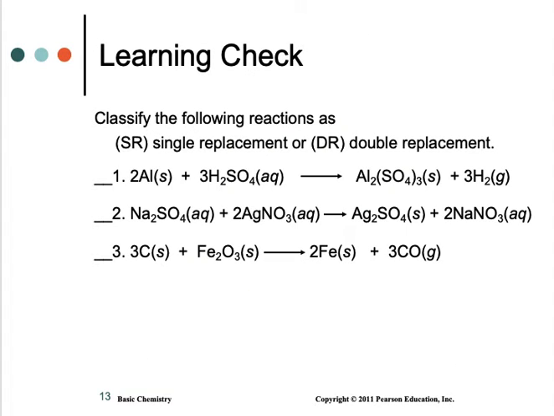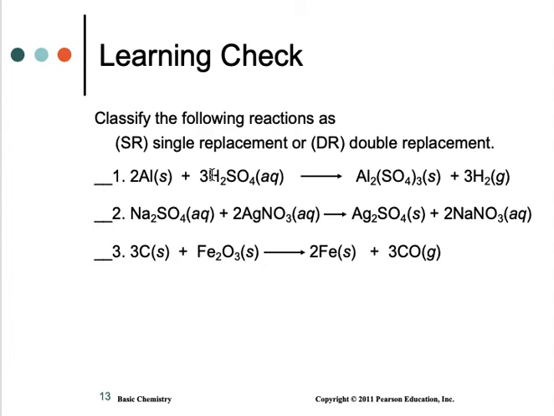All right, so classify as single displacement or double displacement. Now this is as easy as it can be. Do you have 1 plus 2? Here's aluminum, this is 1. Here's hydrogen sulfate, that's 2. Okay, and now the aluminum is joined with the sulfate over here, and your hydrogen's kicked out. It'll always be